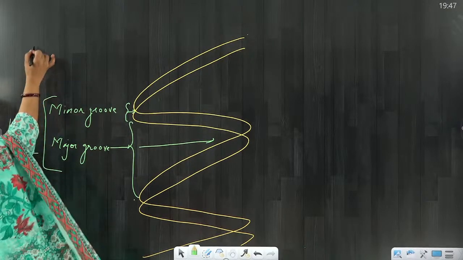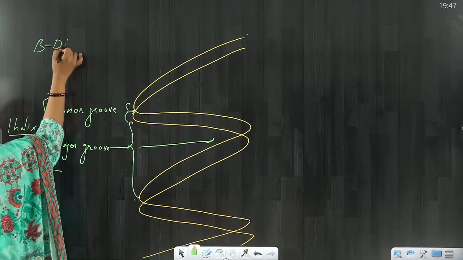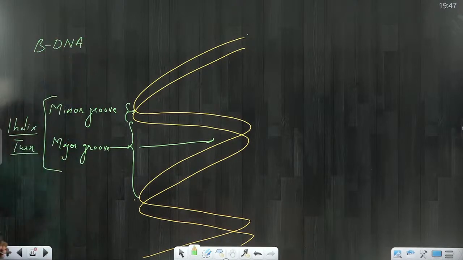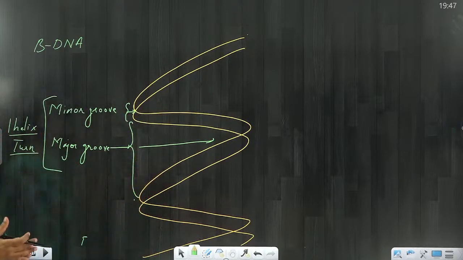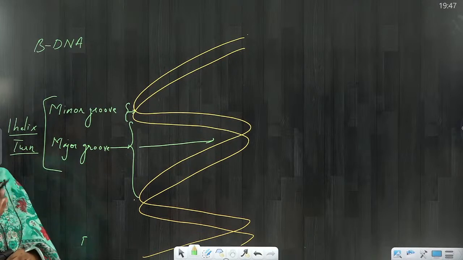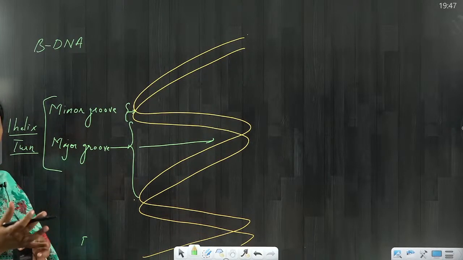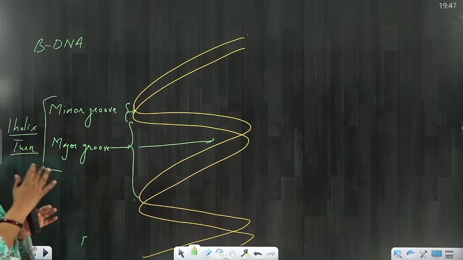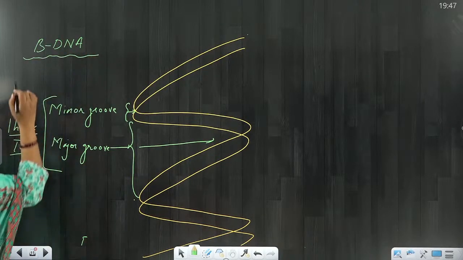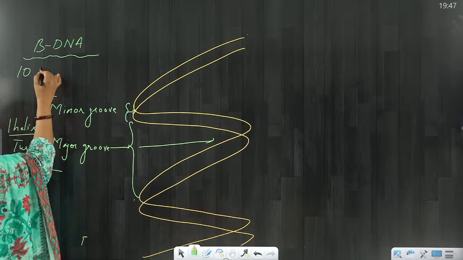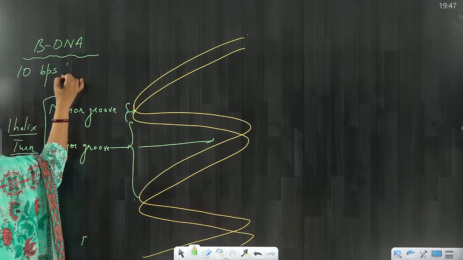Right now we are discussing which DNA? B DNA. Because based on the number of nitrogen bases per turn and many other factors, we have different types of DNA. Right now you should know we are discussing the details about B DNA, which has 10 base pairs per turn,